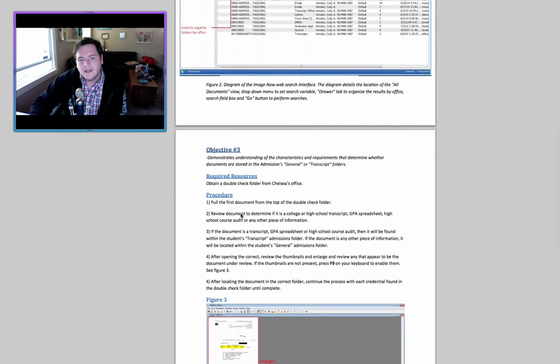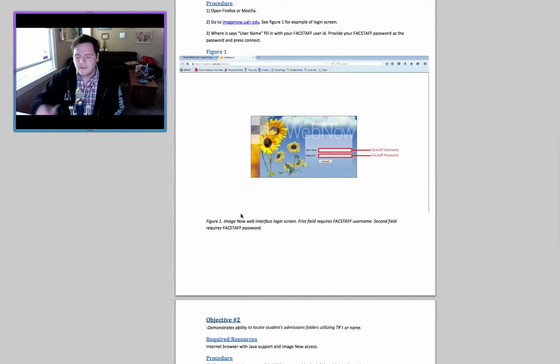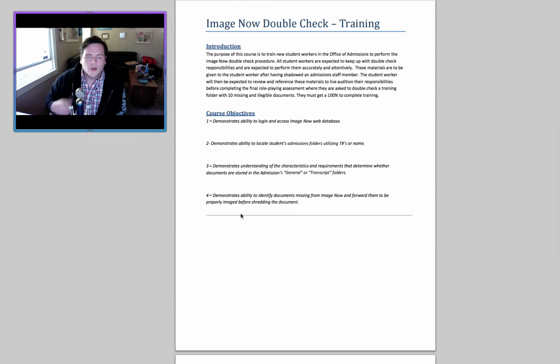Now, given the situation and the training objectives, as well as the environment that the worker will be in, this role really isn't suitable for someone with a visual impairment because it requires heavily that they are able to visually identify documents and visually confirm that they are within the software. Unfortunately, there's no accessibility options within ImageNow to assist people with vision problems other than making images larger. But if the person suffers from complete blindness, then we would have to find a more suitable responsibility for the individual within our office.